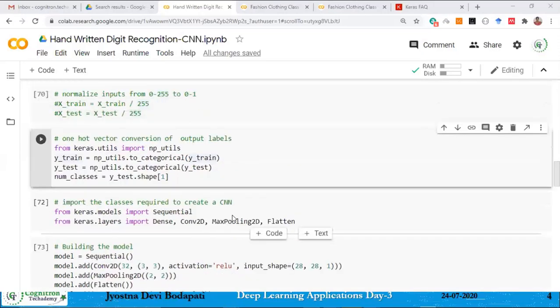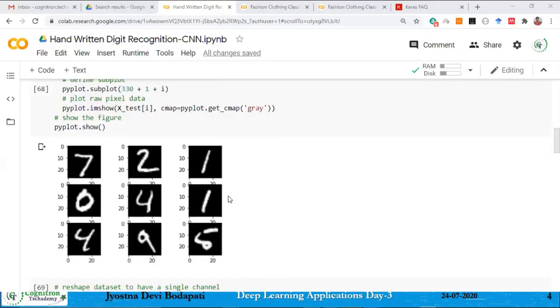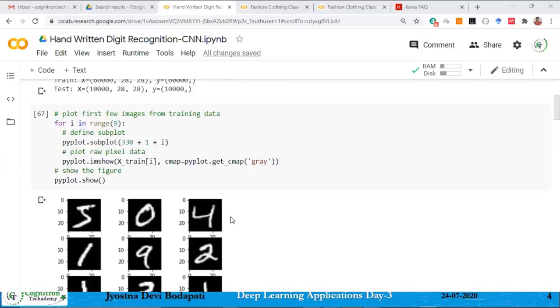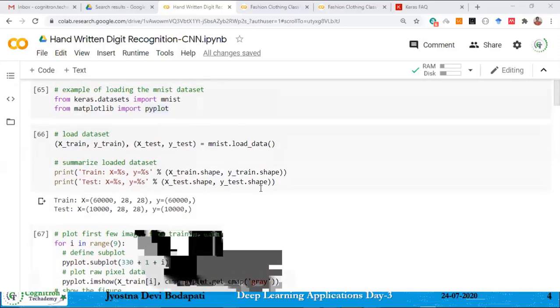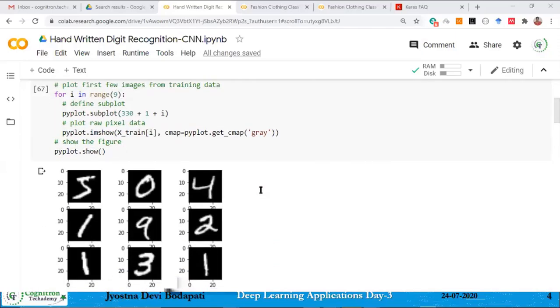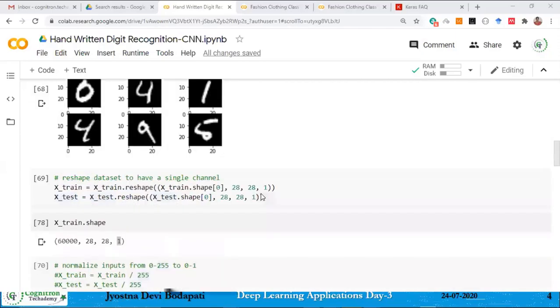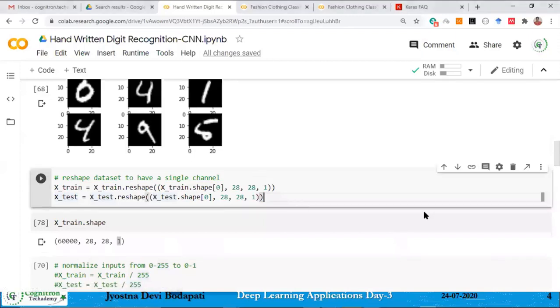Even if you specify the type as float 32, your input will no more be a float type. It's an integer type only. The representation is float, but internally it will be an integer only. So did I answer your question?